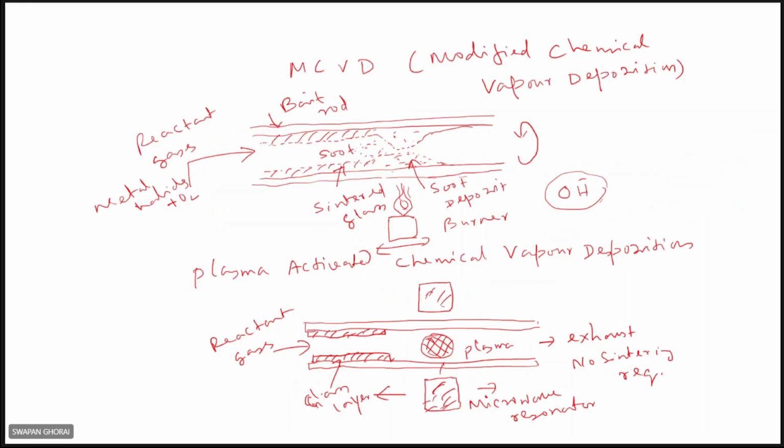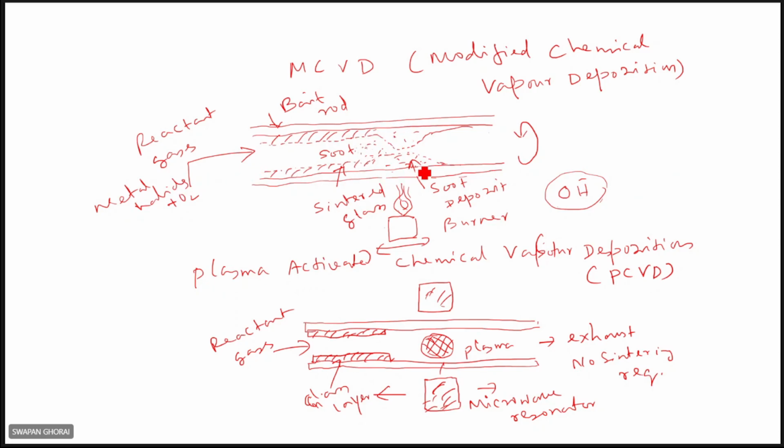Next, you see the MCVD technique, modified chemical vapor deposition technique. In this case, there will be a hollow glass rod. In the previous two cases, there is a solid glass rod, the outside deposition process. This is the inside deposition process, and a hollow glass rod is used. One is the MCVD technique, and this is the PCVD technique. In the MCVD technique, you see reactant gases are injected from one side, and the rod